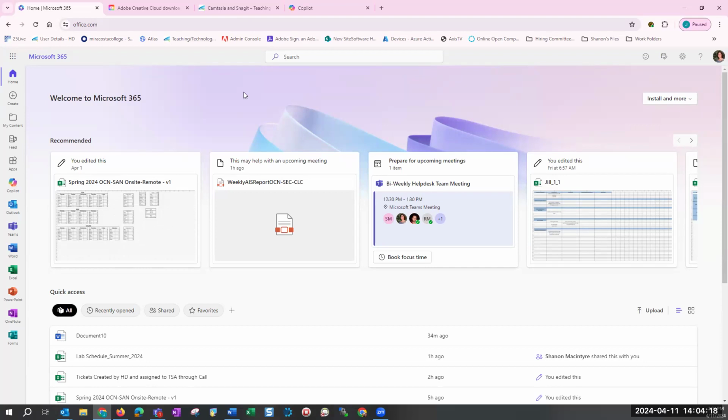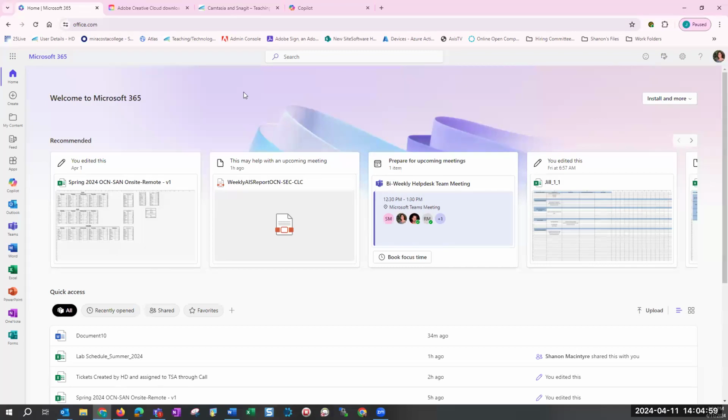A lot of people before they retire will come to me and say, hey, I need Office, or I need Adobe. Where can I go to get this without paying the $800 that Adobe is requiring, or the $200 a month, or whatever the cost is for Adobe? I know it's fairly expensive. And so I decided to do a workshop that would go over what software is available to you as an employee of MiraCosta.